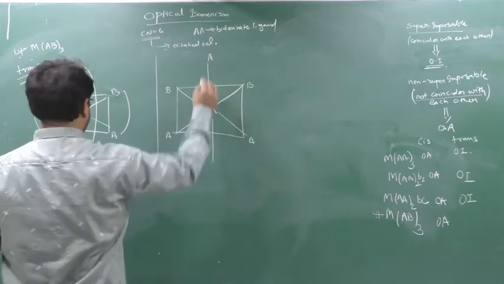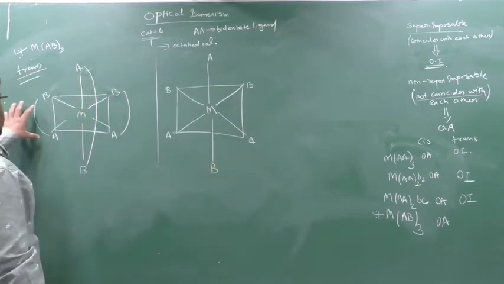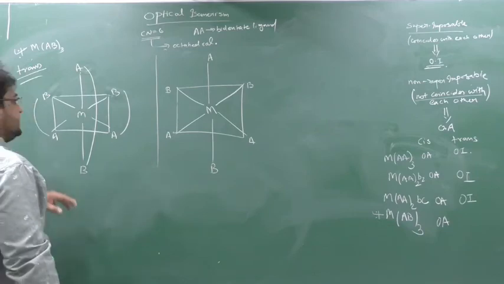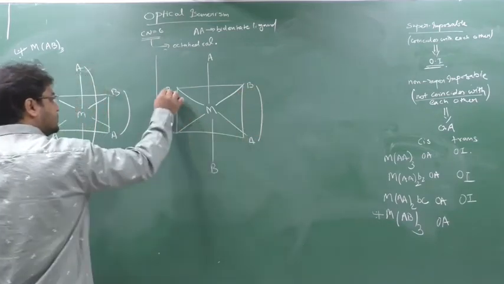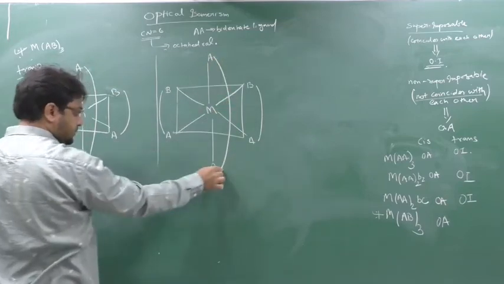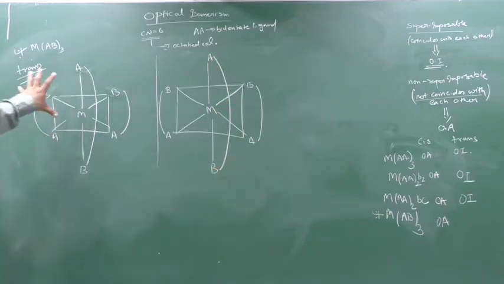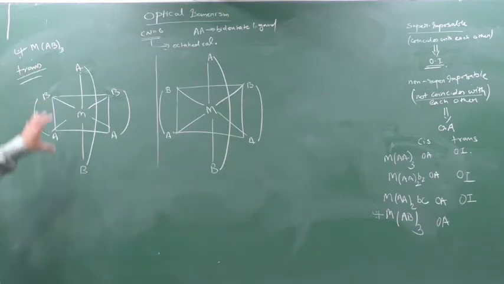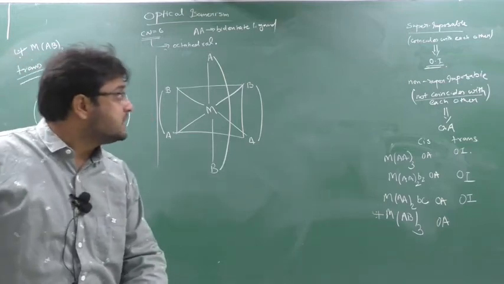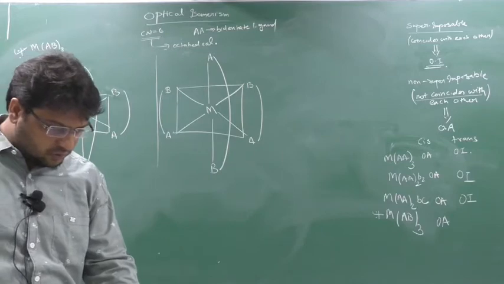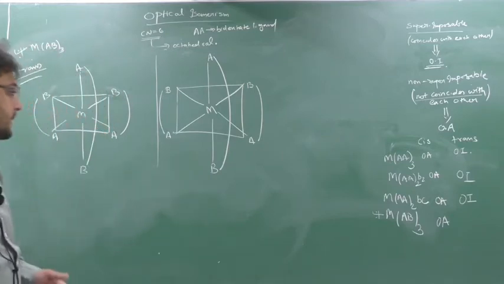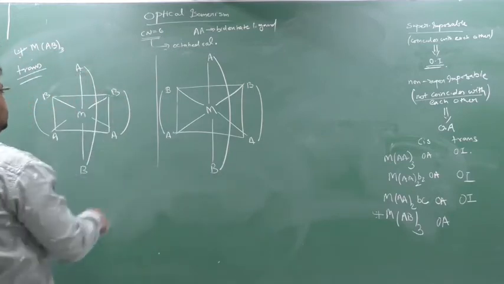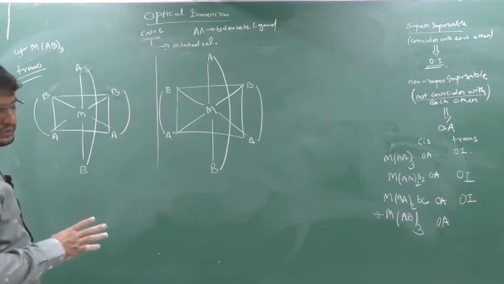Top is A, down is B, down is B. Here on the first portion the bond is between B, and in the second portion I'll get the bond here. Here also I'll get the bond, here also I'll get the bond. Take the object and place it on this. Okay? Take the object and place it on this. So when you place it on this, it is superimposable. Yes or no? Yes or no?